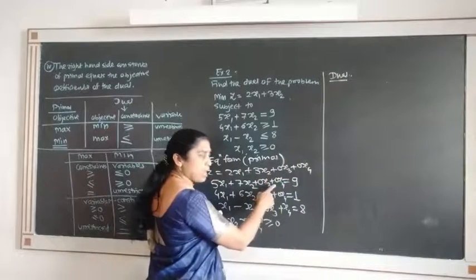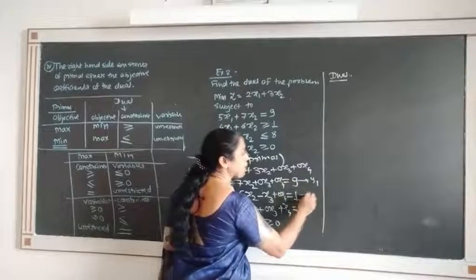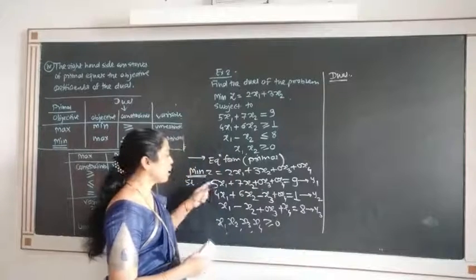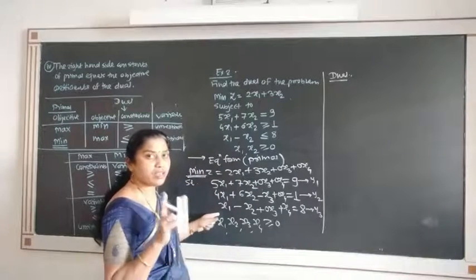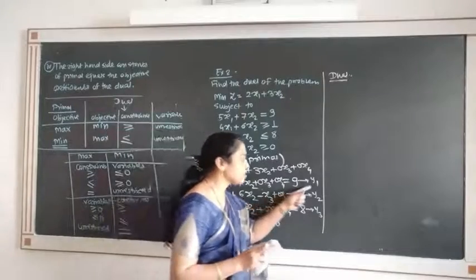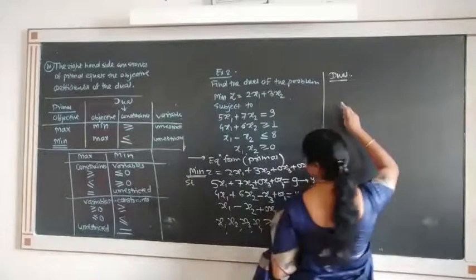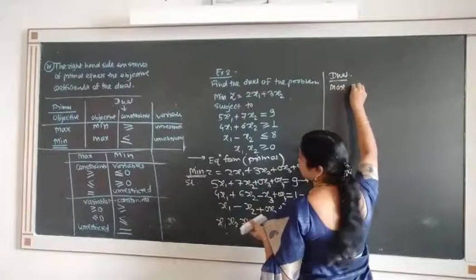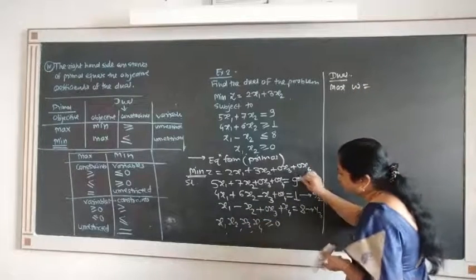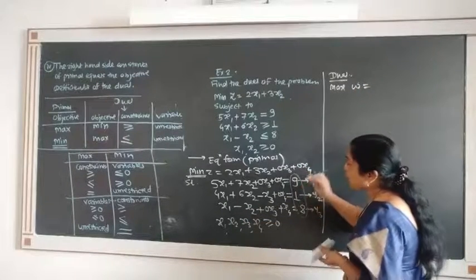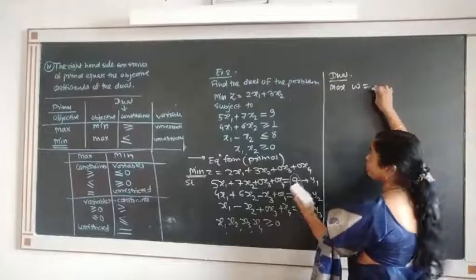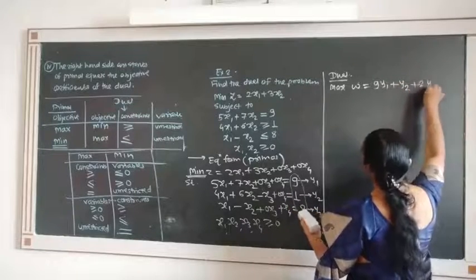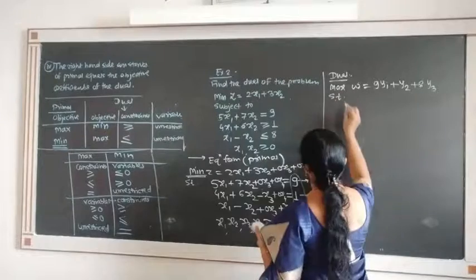With each primal constraint, assign a dual variable. I will say the dual variables are y1, y2 and y3. So with respect to each constraint, we are assigning one dual variable. Correspondingly, we are assigning y1, y2 and y3. So because the primal is minimization, the dual becomes maximization. W is equal to. Now see this RHS coefficient. They will give us the objective of dual. So I get 9y1 plus 1y2 plus 8y3 subject to constraints.